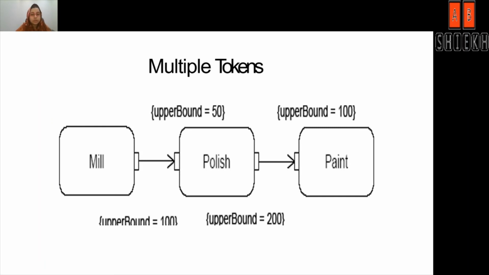So in this particular example, if painting from mill is delayed too much for some reason, the input pin will reach its upper bound and parts from mill will not be able to move downstream to polish. If painting is delayed further, the output pin of polishing will fill up and the polishing behavior will not be able to transfer out the polished parts. So in other words, whenever the upper bound of a pin is reached, the pin can no longer take any more objects or any more values.